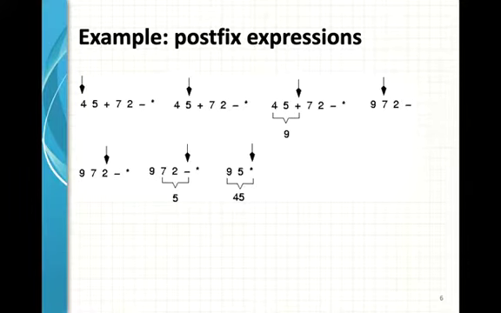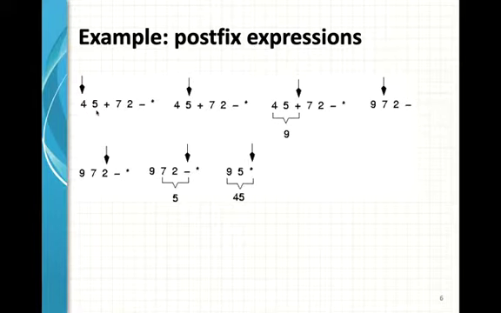Now let's take an example of a postfix expression. Here is some evaluation, how a postfix expression will be evaluated. So 4 is an operand, 5 again is an operand, then plus. If this is so, obviously two operands are beside each other and then there is the operator, that's why it is obviously a postfix expression.